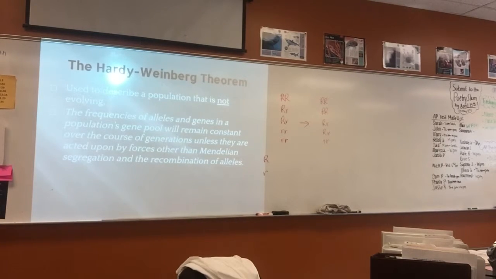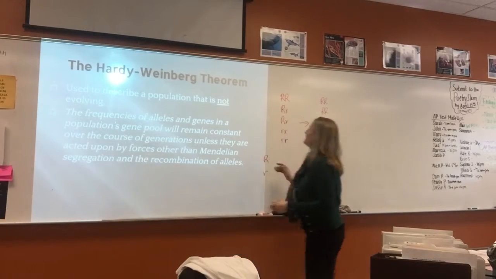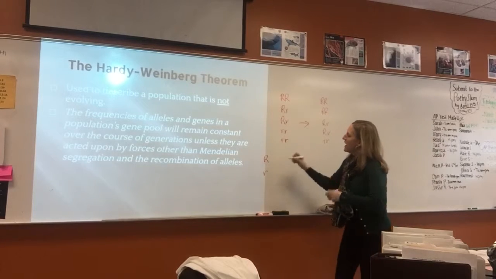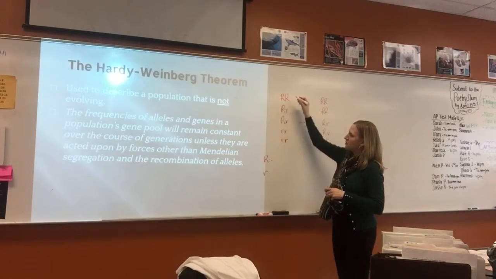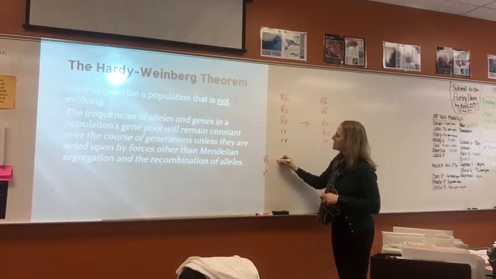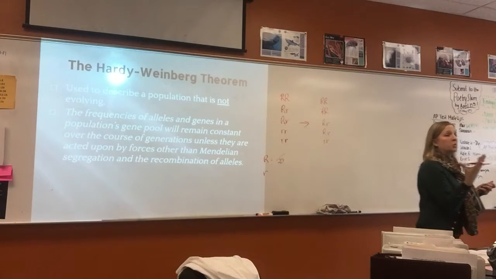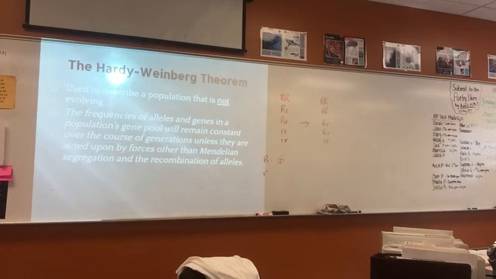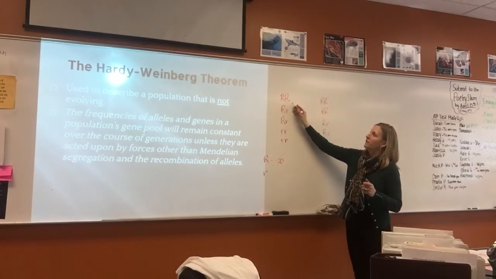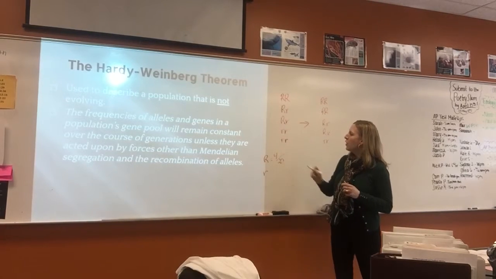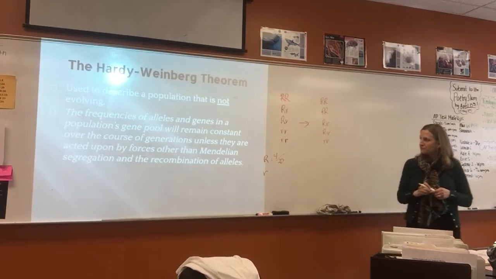All right, frequency of the big R and the frequency of the little r. What we do is, in this population, our total alleles are 20. So to figure out the frequency of, let's say, the big R allele, out of that 20, we figure out how many are big R. So in this particular case, how many are big R? 4, right? 1, 2, 3, 4. All right, so 4 out of that 20 are,